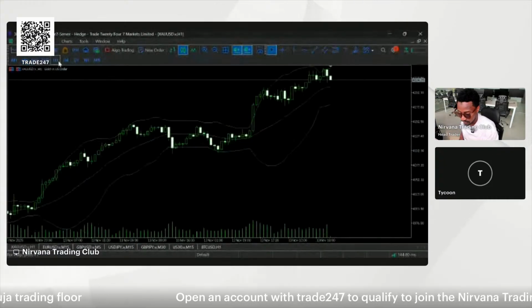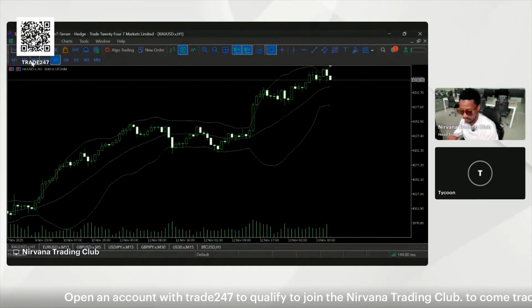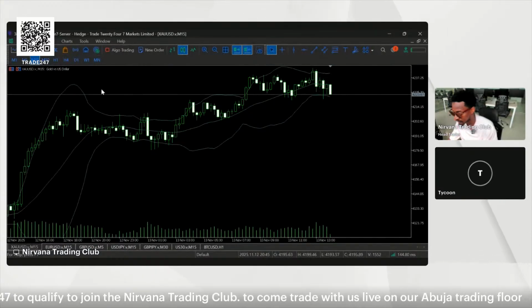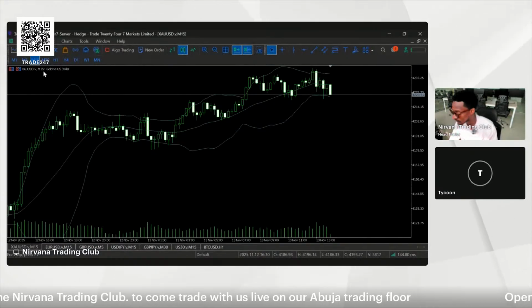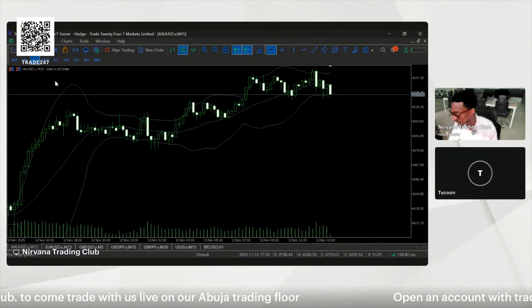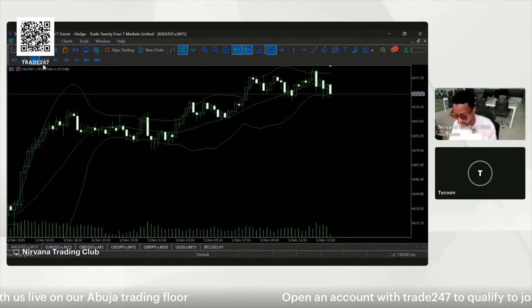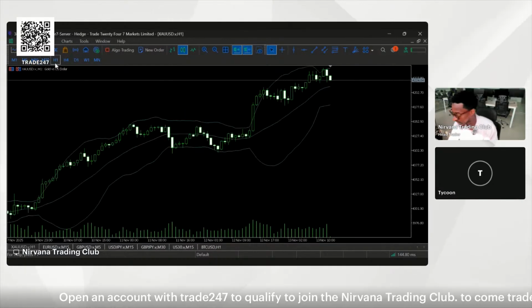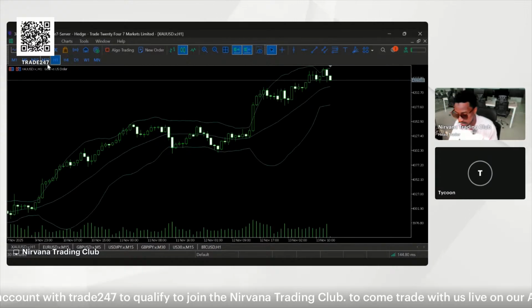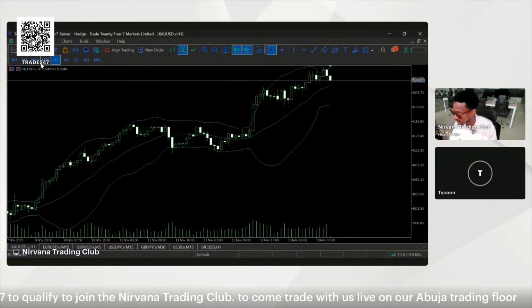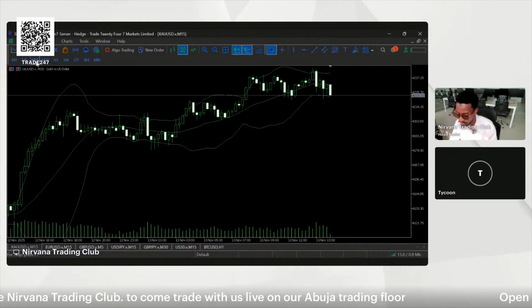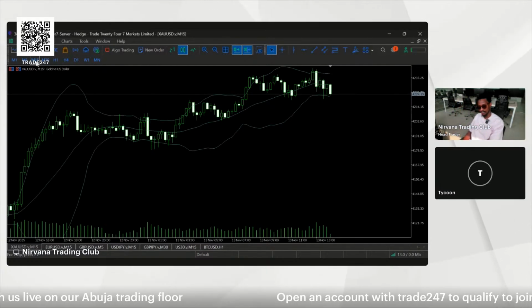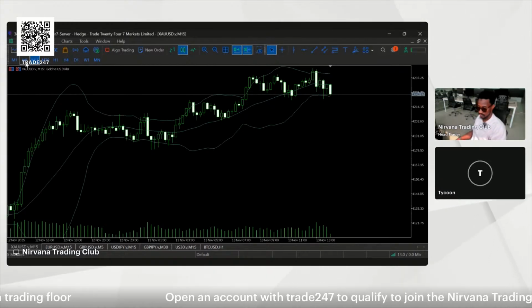All right, there you have it. Gold. This is the 15 minutes time frame. As you can see, consecutive bearish candle formation, meaning there's been a decline for quite a number of minutes now. And automatically for an intraday trader, it definitely is a bearish bias for now. This is a bearish bias because